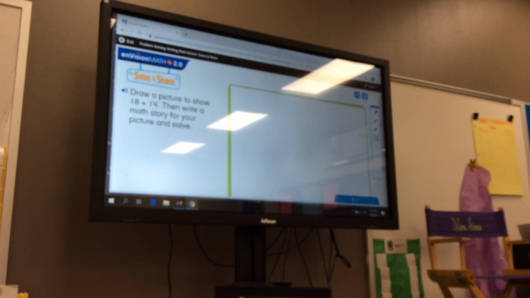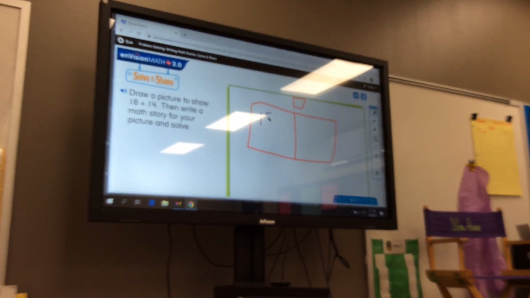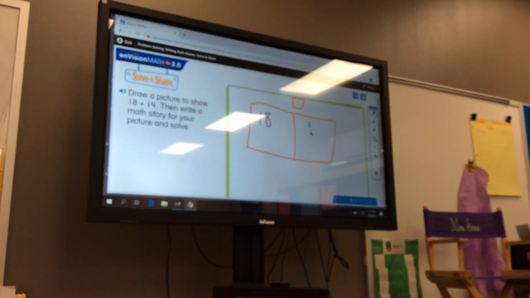I'm just going to use a work mat because we understand work mats, right? Here's my work mat. Y'all know what I'm talking about now? Now, 18 plus 14. They're telling me to add. So do I have a whole and a part, or do I have two parts? Two parts. So I know that my two parts go here, 18, and here,